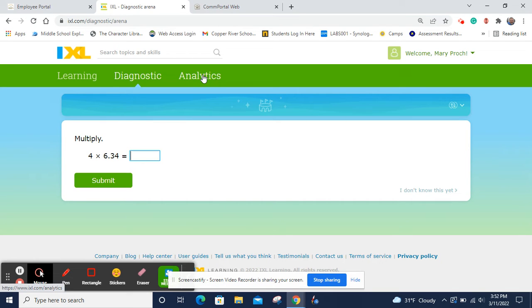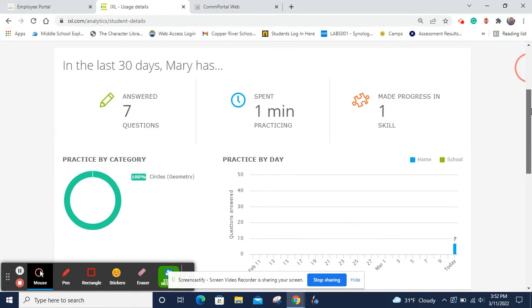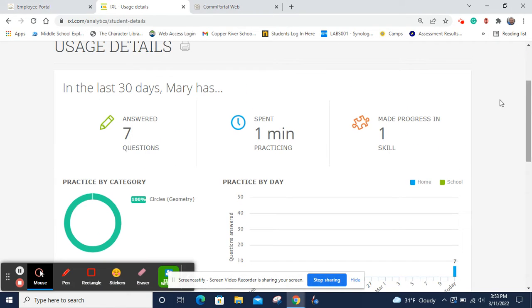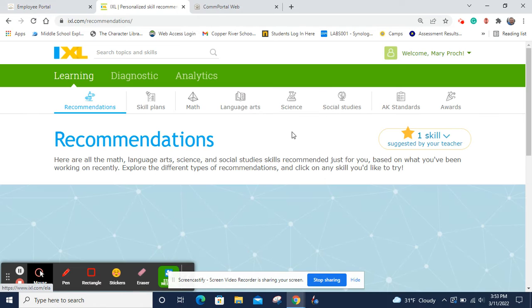And then analytics will show you what you've done, how long you've worked on it, what you've been working on, and what you've mastered here. On one skill, she made progress, and it shows you practice by day and how many questions you've answered. So real quick, if we go back to the learning part,